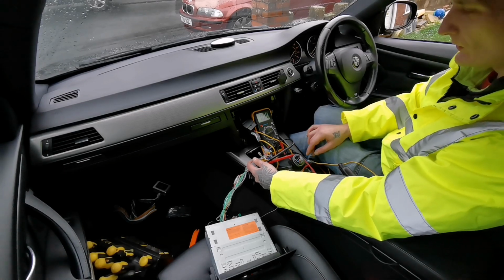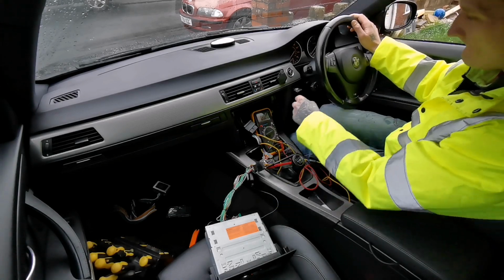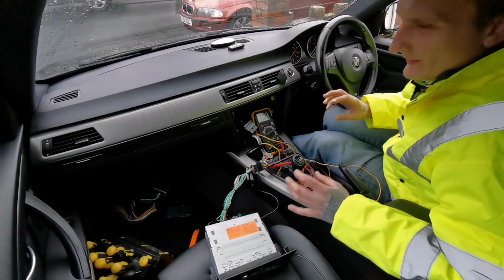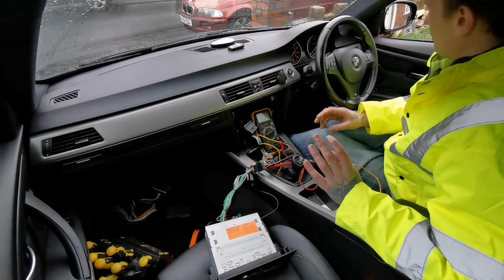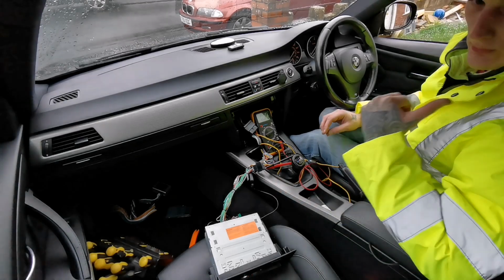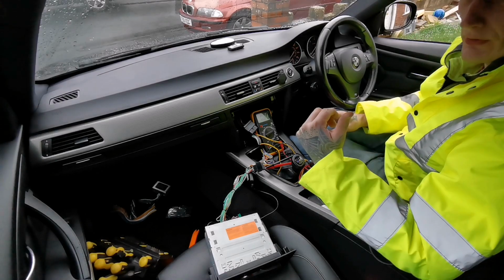Also, I will be installing the mic and stuff. So basically this car is going to get a full sound system upgrade. I will be doing components in the front doors and coaxials in the back. We'll be installing the reverse camera